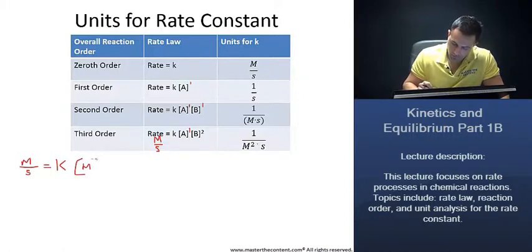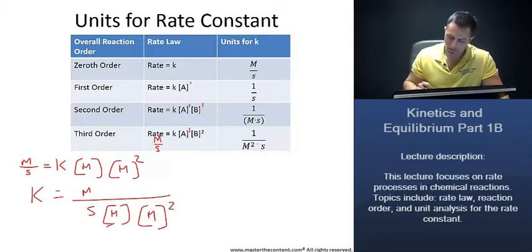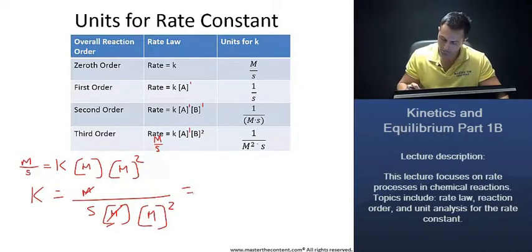We have one concentration here, we have another concentration here, squared, isolate for K. This is going to give us the following. Okay, great. Do a little bit of cancellation, and we're left with